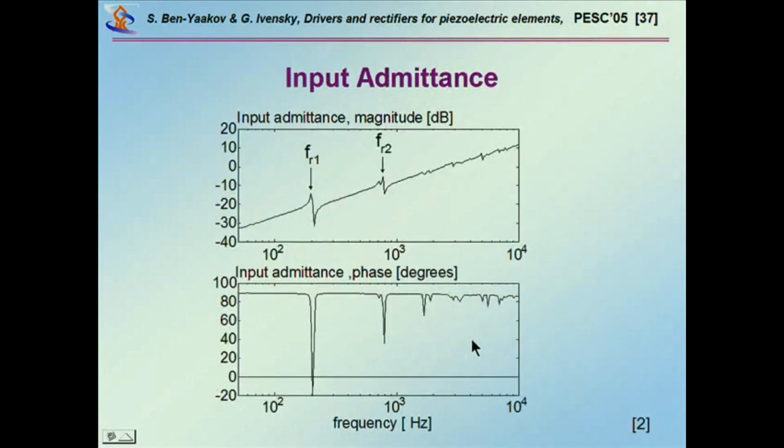Now, if you look at the admittance of, say, a piezoelectric element, what we see is a number of resonant points. Some of them are multiples of one another. Some of them represent different modes. Each one of these resonant elements, by the way, gives us two points: a high admittance and a low admittance. This high one,